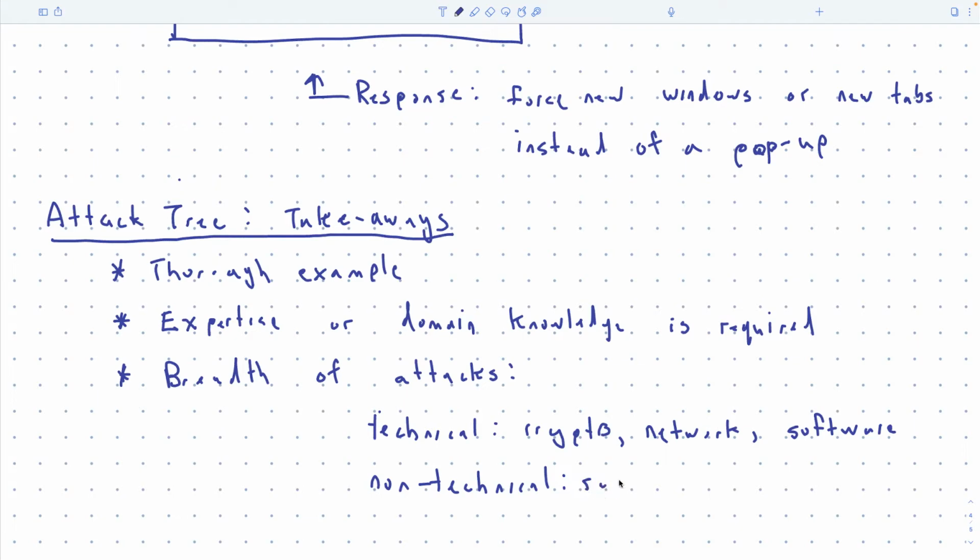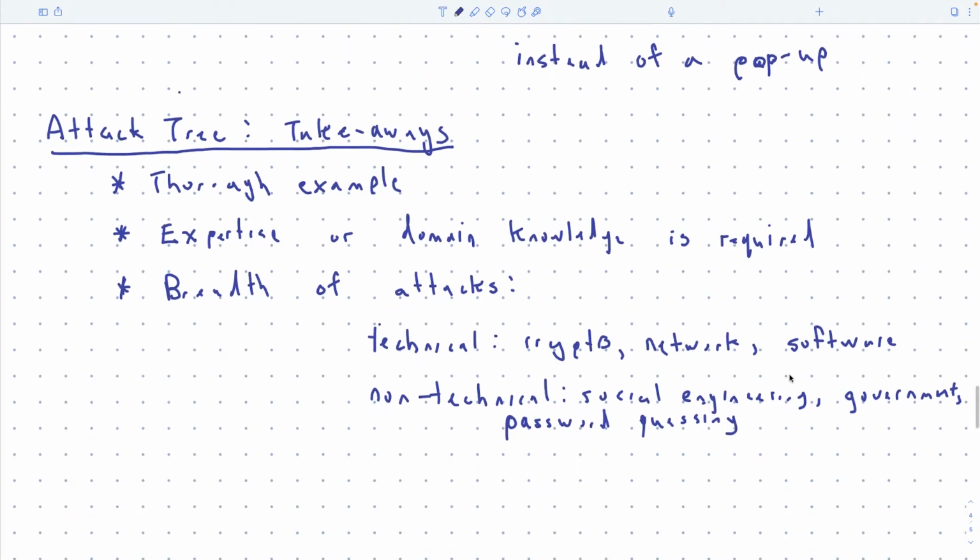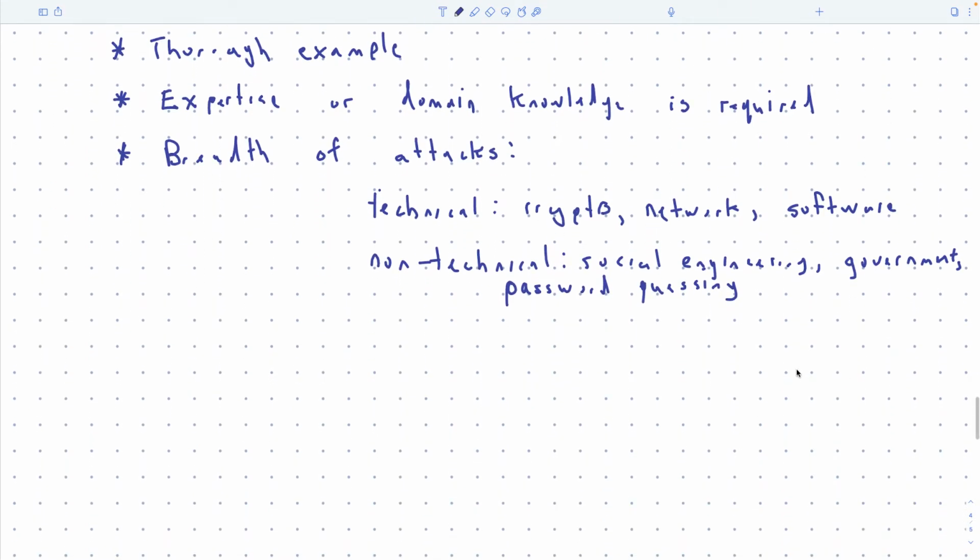And non-technical could be things like social engineering, government. Password guessing is kind of technical, but it can be done in a non-technical way, like just looking over your shoulder or whatever, right?